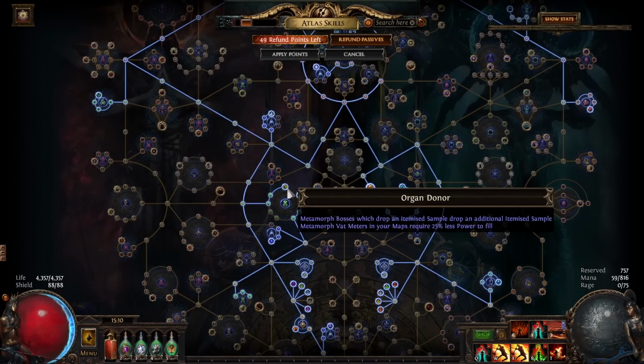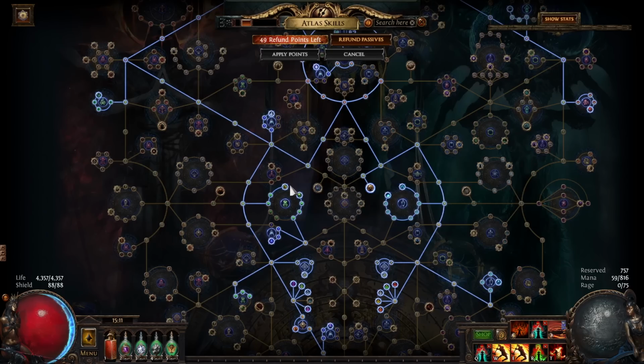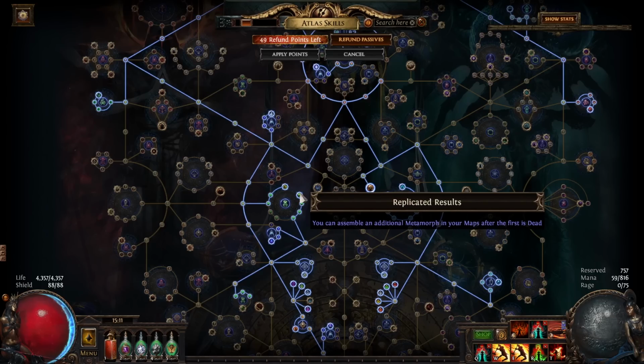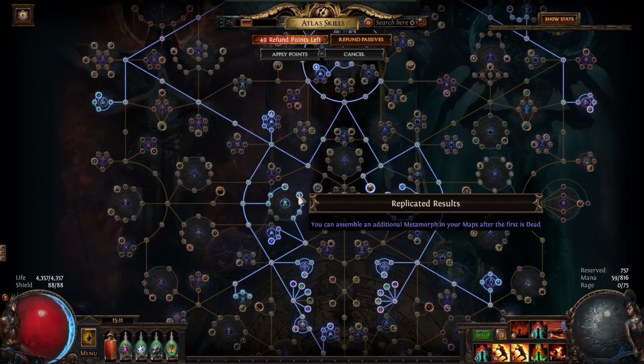The second one is this one, which is going to give you an additional itemized sample, which you can later use in a Tane lab to get some additional rewards. And to be honest, you're gonna see it in the test results. I don't think these samples are actually that good, but still getting an additional one is decent. And next one is you're gonna be able to assemble an additional Metamorph after you kill one. And to be honest, the first one is the most important one, so this one is also not crazy important in